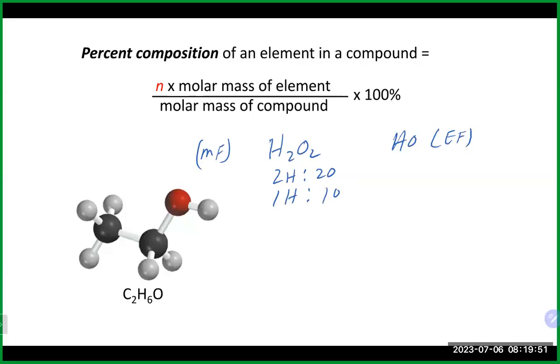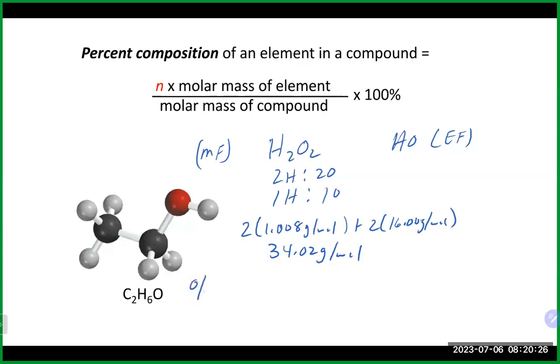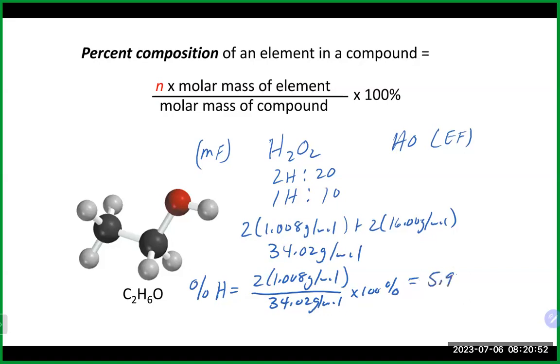Now, if we were to calculate something like the percent composition of each of these elements in each of these formulas, we did the molar mass here of H2O2, which is hydrogen peroxide. That would be 2 times 1.008 grams per mole, plus 2 times 16 grams per mole, which would be our oxygen. So that's going to be about 34.02 grams per mole. Now, if I did the percentage of hydrogen in that, that would be 2 times 1.008 grams per mole, divided by 34.02 grams per mole times 100%. We'll call it about 5.926%